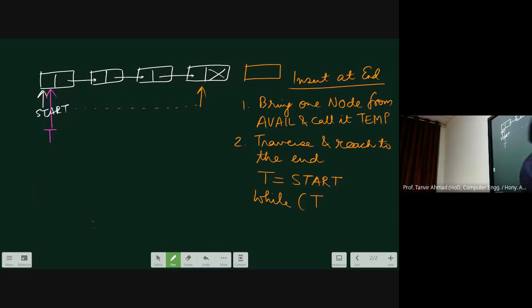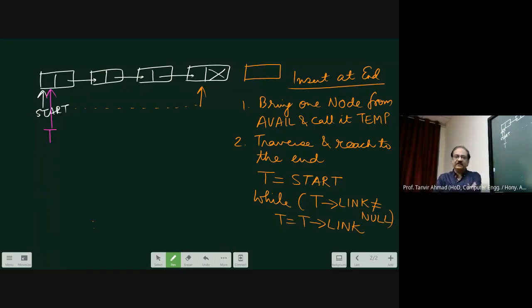t of link is not equal to null, you say t is equal to t of link.